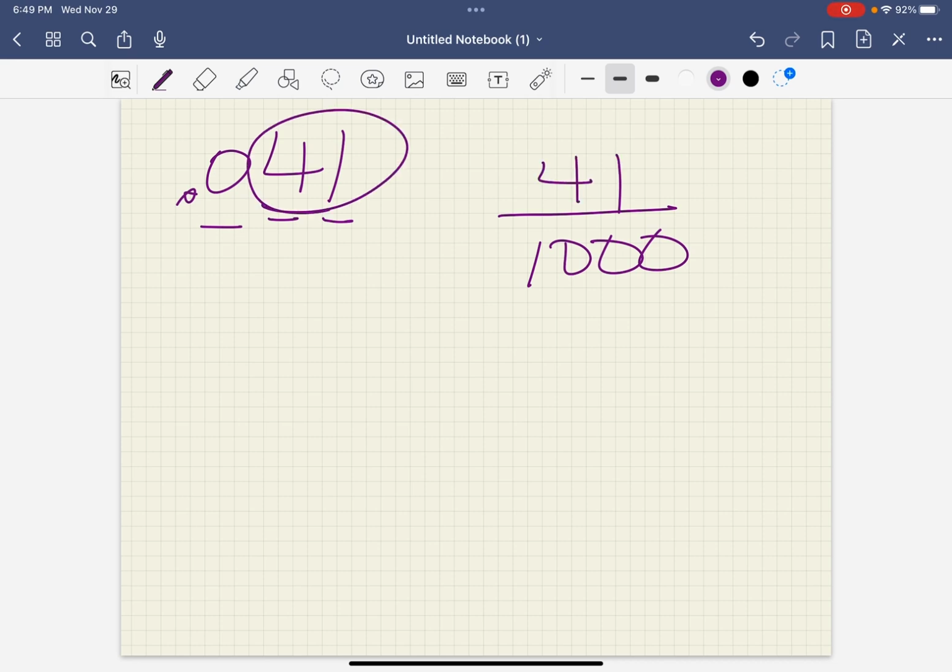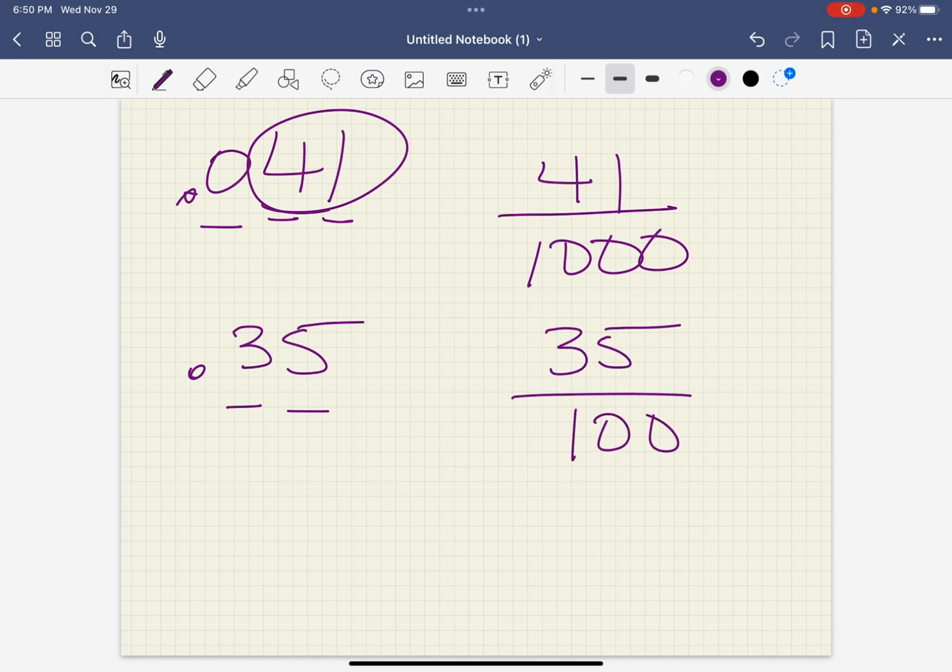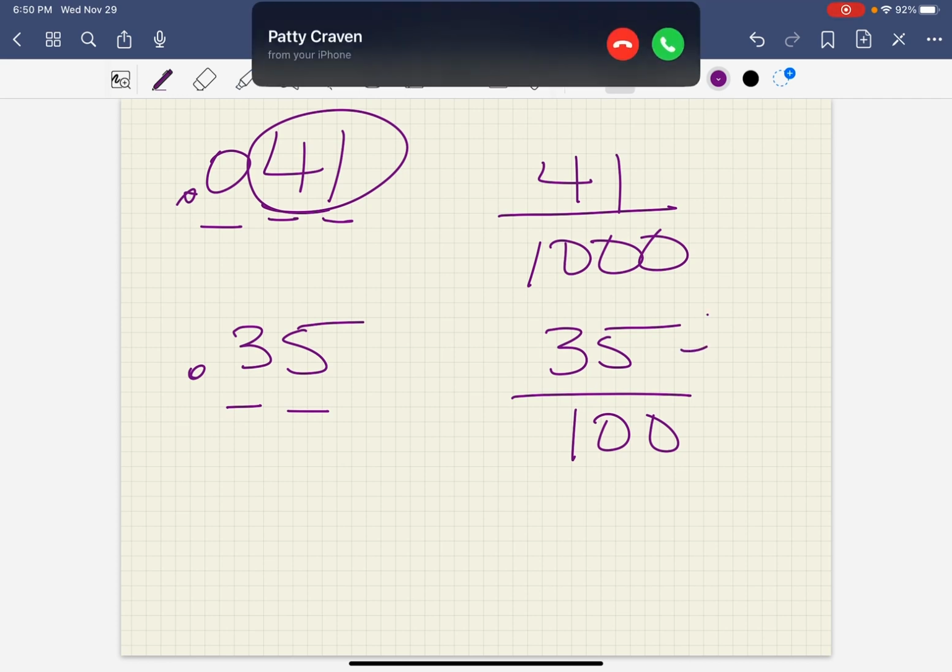So it's 41 over 1,000. 0.35. That's the tenths, hundredths. So the denominator's 100, the numerator's 35. But when you look at 35 and 100, you should recognize that both of those numbers are divisible by 5. So if you divide this,